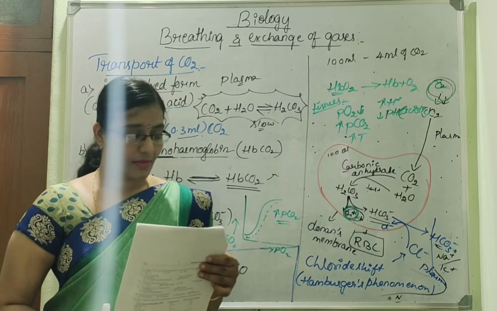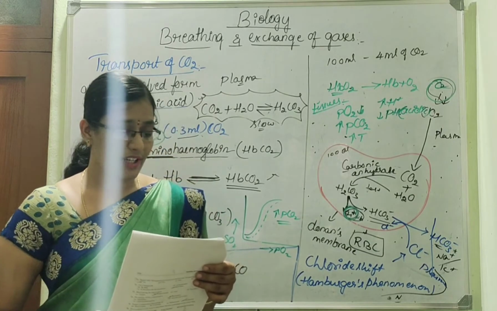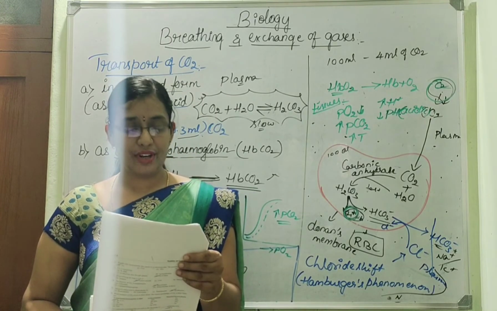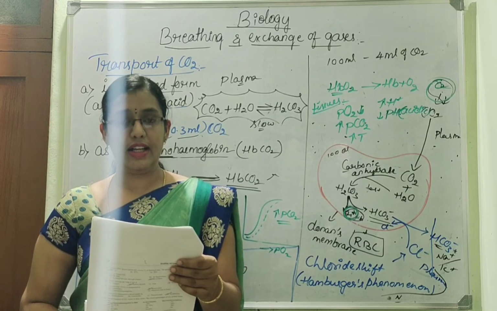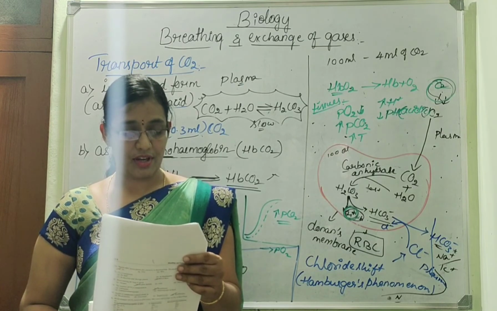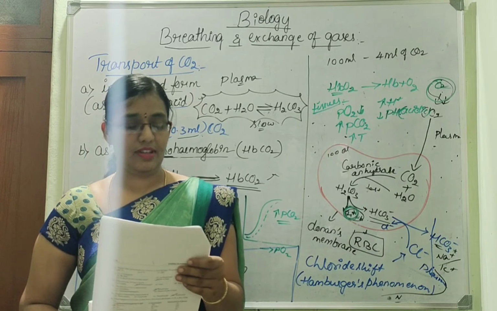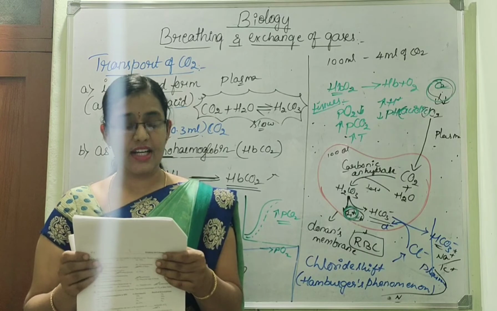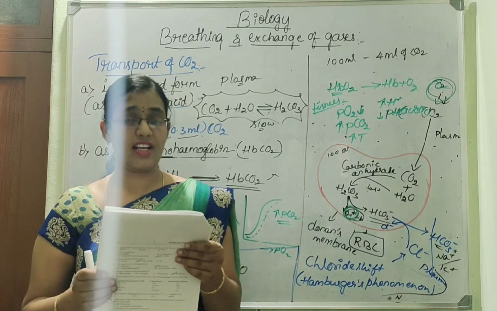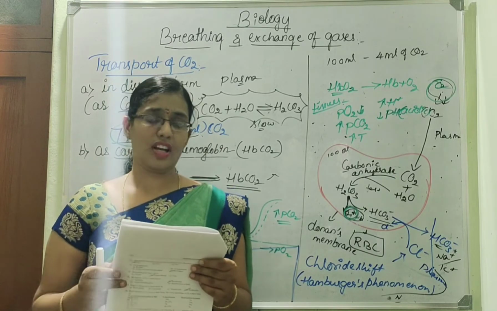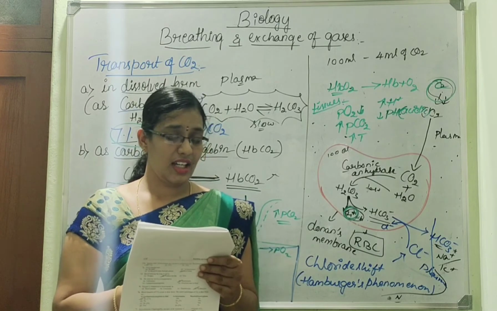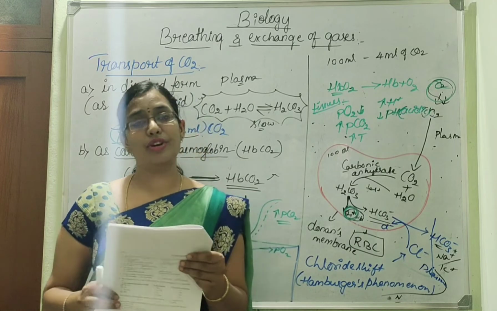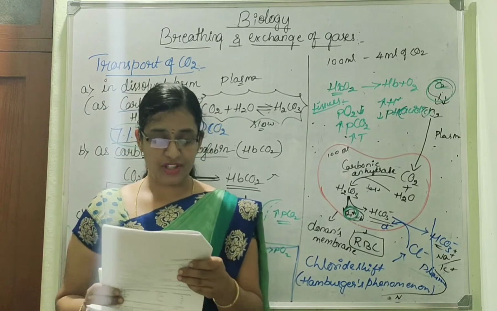Option D. The amount of oxygen normally carried by 100 ml of pure blood is option A 10 ml, B 20 ml, C 5 ml, D 4 ml. So which is the right option? Option C, 5 ml. How much oxygen is delivered to tissue by 100 ml of oxygenated blood under normal physiological conditions? Option A 10 ml, B 20 ml, C 5 ml, D 4 ml. So how much? It is 5 ml, option C.